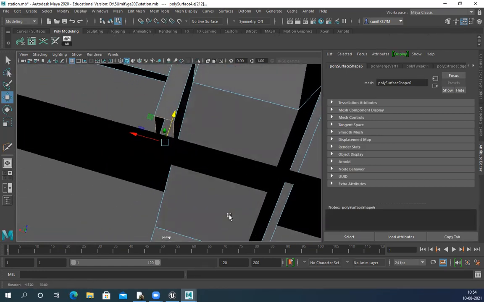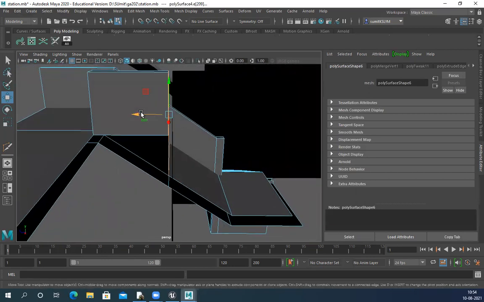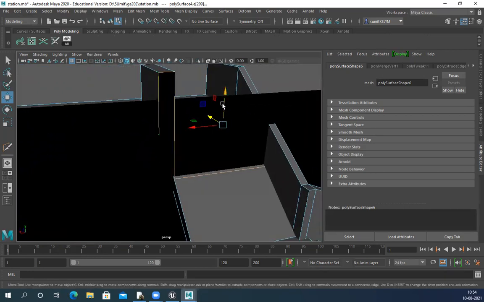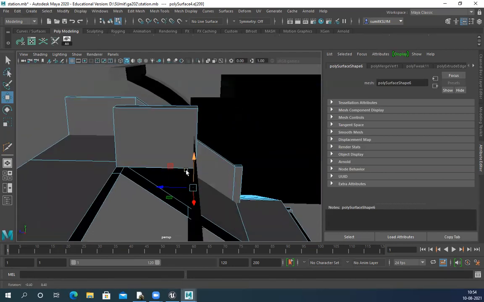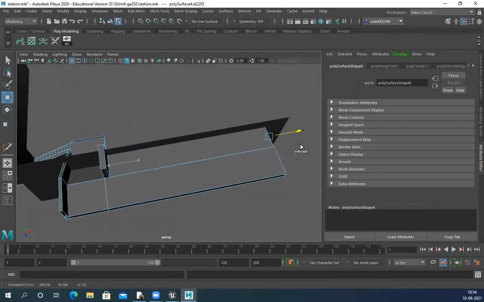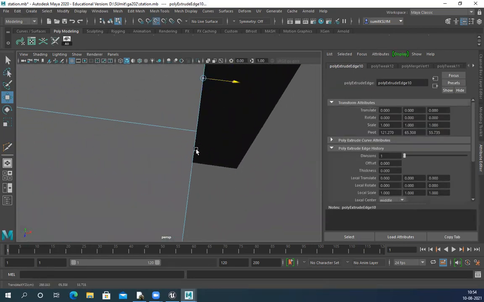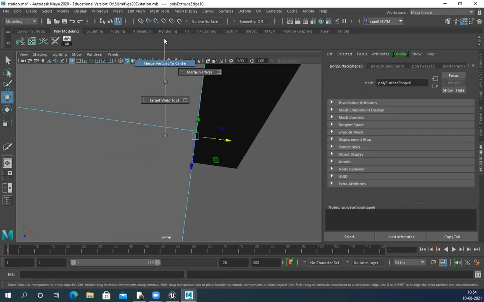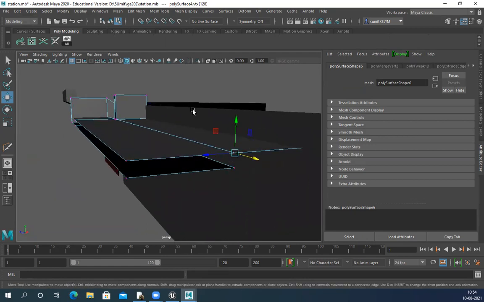Note for this, I have to select this one also, otherwise it will create issues. And then I can extend this one without any problem. Merged. Oh, that's fine.